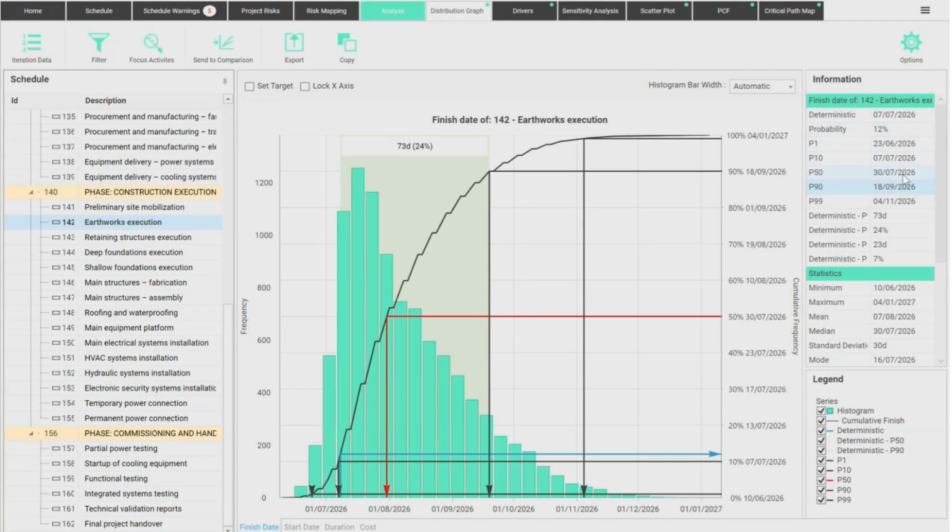So 2 months, or actually 70 days almost, right? Around 70 days in contingency here to go from the deterministic very unlikely situation to a realistic P90, 90% chances you finish before this deadline. So if there's anything you do after that requires equipment, expensive services, etc., aim for this date, because otherwise you spend more money than needed. You have the resources available and not use them because you're not finished yet, for example.